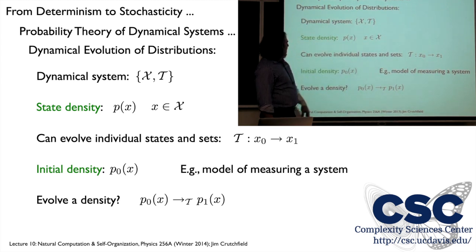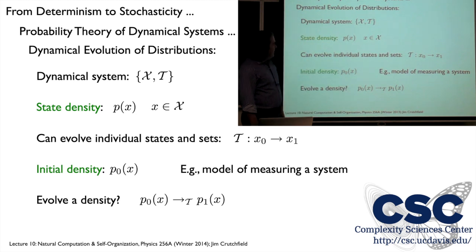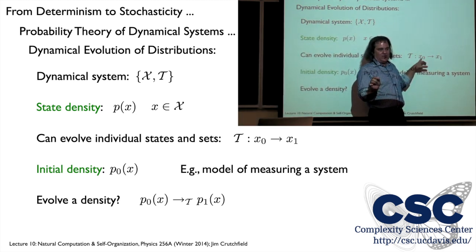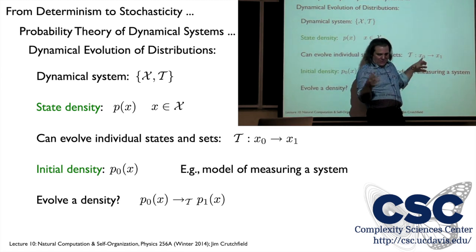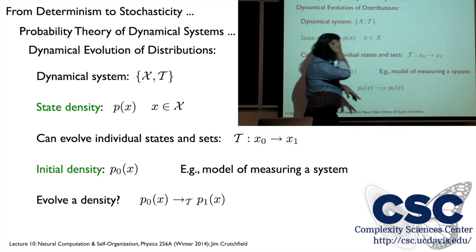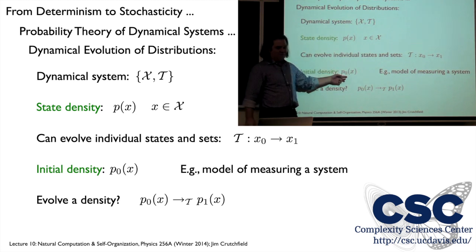Okay. We'll have a state density. This is just a distribution over the state space, probably a density function over the state space. And what we've been doing so far, including that demonstration of dot spreading, was just choosing particular initial conditions and evolving them forward. We talked about initial conditions and trajectories or orbits that were produced. Now we're going to ask a similar question, except for a different kind of object, not points in the state space, but distributions.